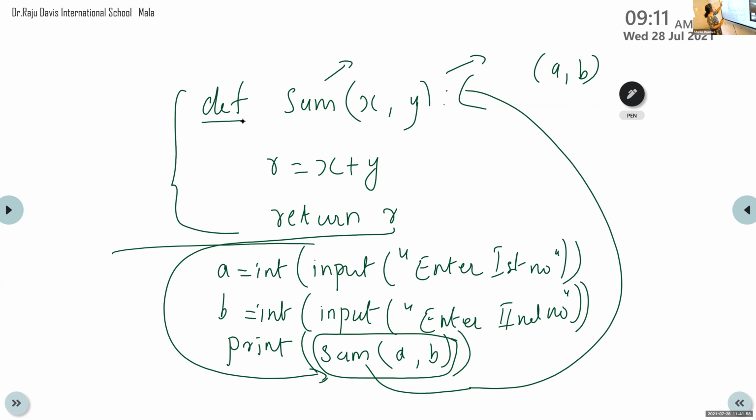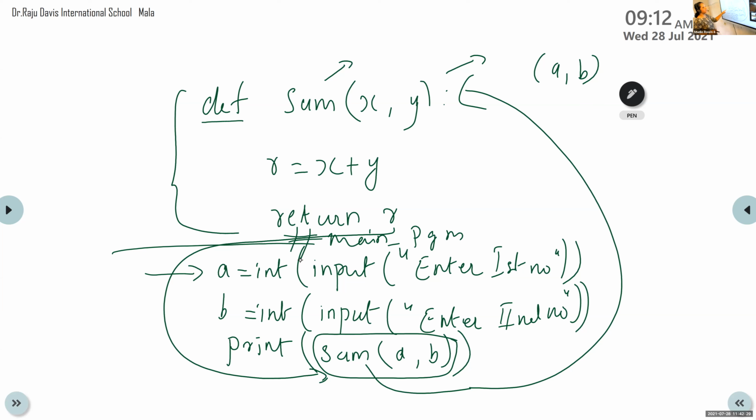After reading this def keyword, Python understands that this is a function definition statement, so it will ignore the definition of a function. Then execution begins from this statement. This is the main program.